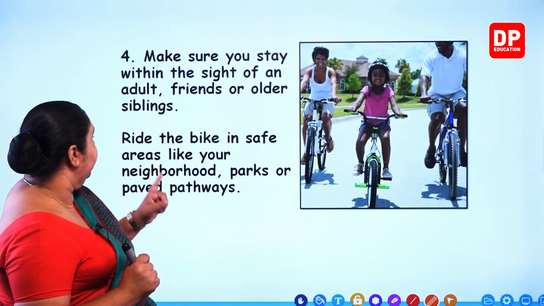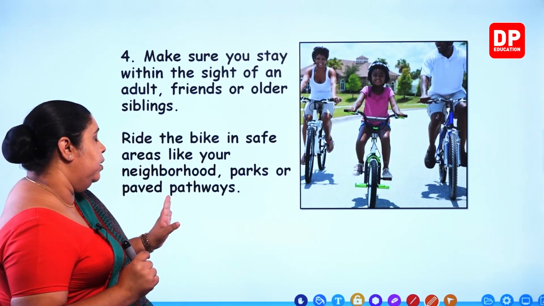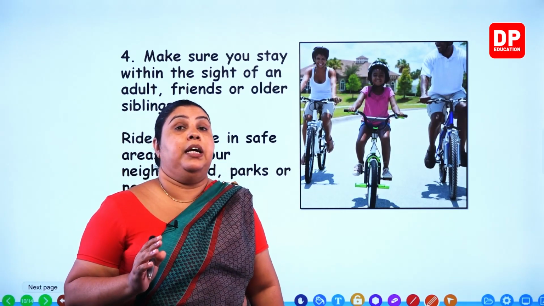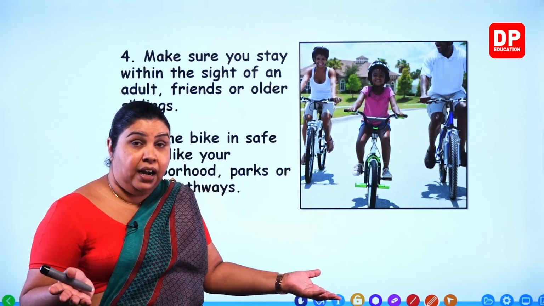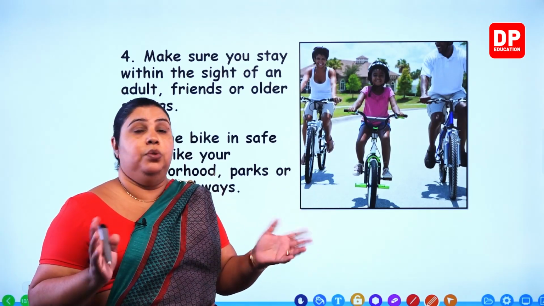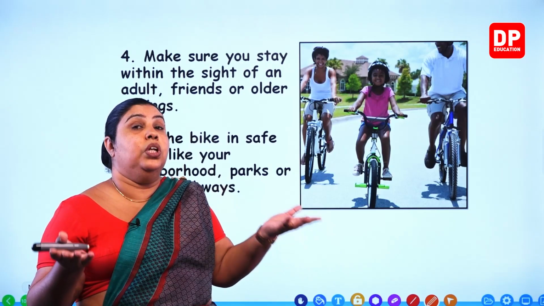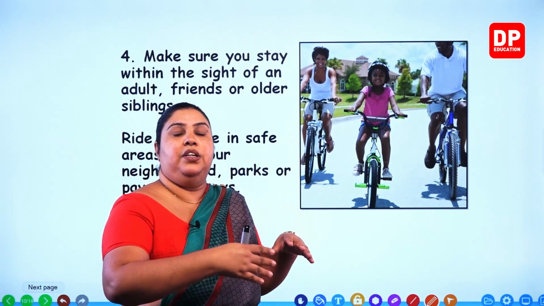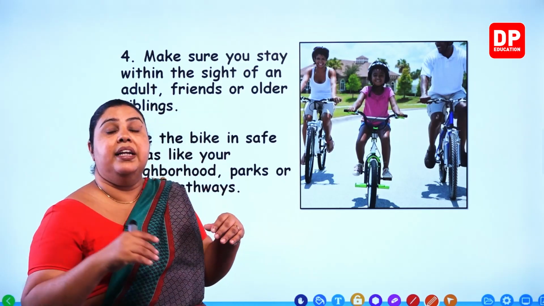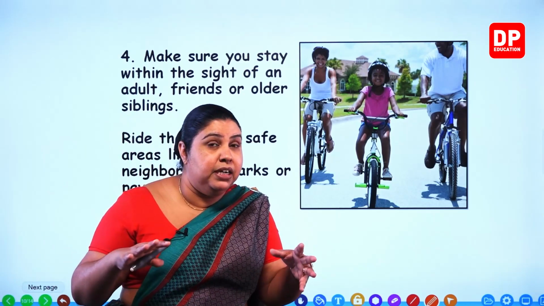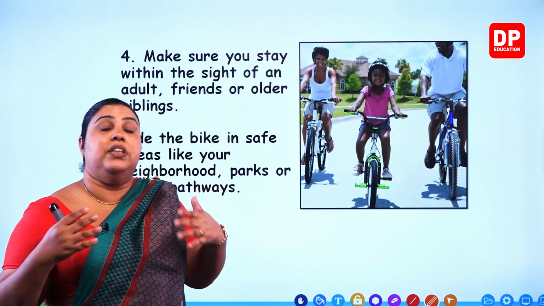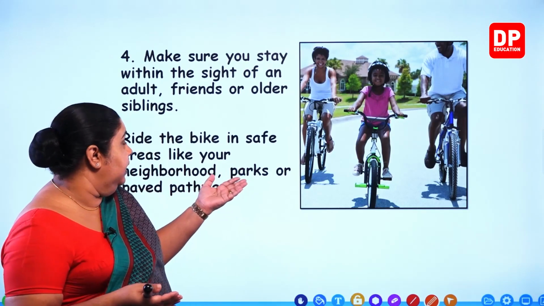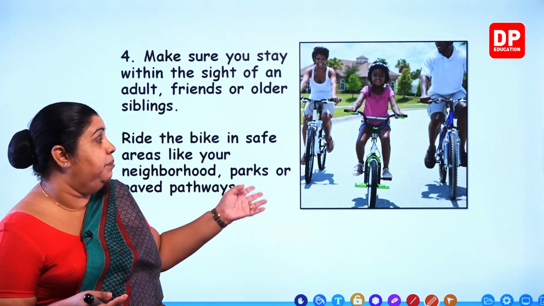Ride the bike in safe areas like your neighborhood, parks or paved pathways. No, you don't go straight to the road without anybody. You have to make sure that you are in your environment, surrounded by your neighbors and your friends, and you have to think of safety. You can learn how to ride your bicycle maybe in the